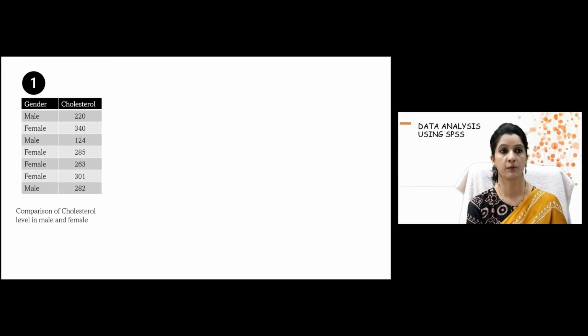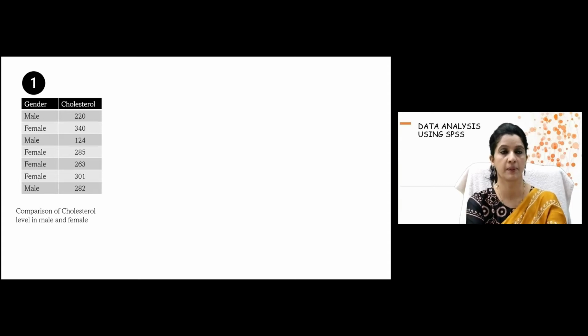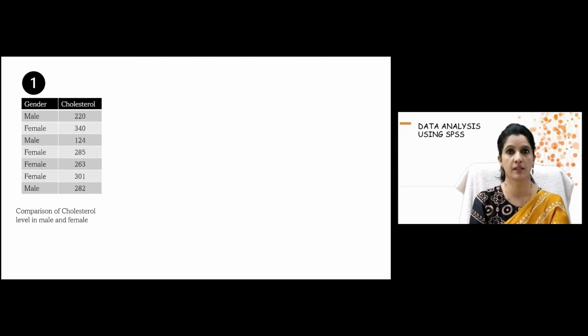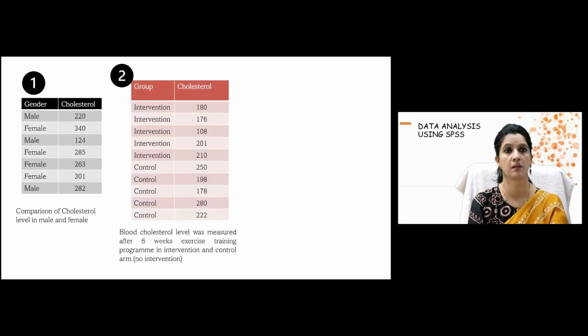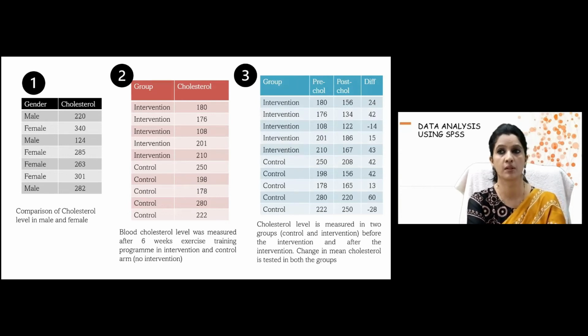Now, here you can see there's one example, gender and cholesterol level. So if I want to compare, there is one example, gender and cholesterol level. You can see that male is having 220, female 340, and there are various examples. I think, is this question there in the Mentimeter also? This question is not there, I guess. So if it is there, then I think, should I administer it with Mentimeter? No, it's about the three study designs.